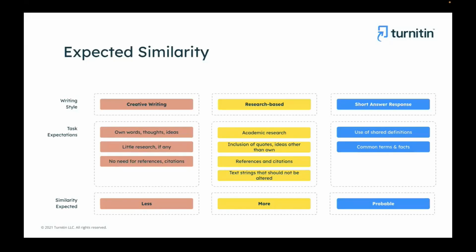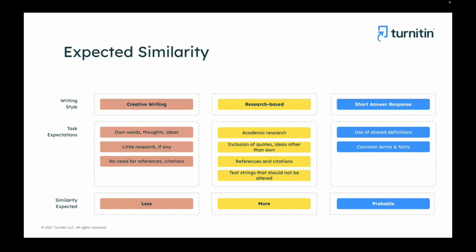So in creative writing, the similarity expected is very less because it is their own words, their own thoughts, their own ideas. Very less research is there, and there is no need of references, citations and stuff like that at all. So this is the expected similarity. Whereas